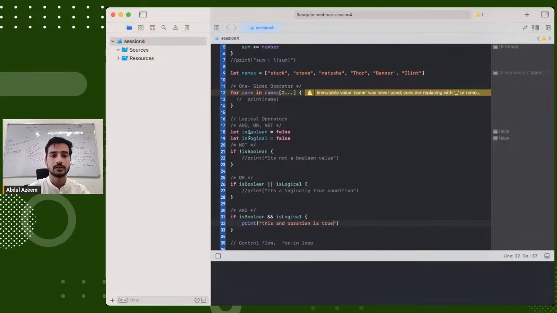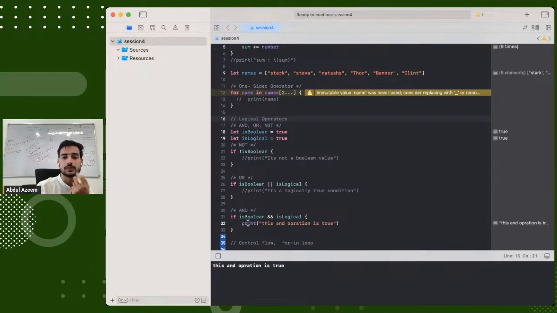So let's say isBoolean is true and isLogical is also true. If I run this, it will say this AND operation is true, because both isBoolean and isLogical contain true. If I set any of these values to false, it will not pass this value. It will not say this AND operation is true, because the AND operation is not returning true. So it is not executing this print statement. It is not falling into this if block. Okay, so this is how the AND operation works